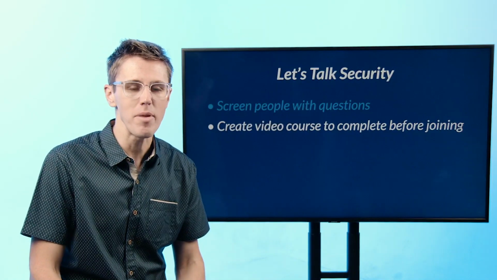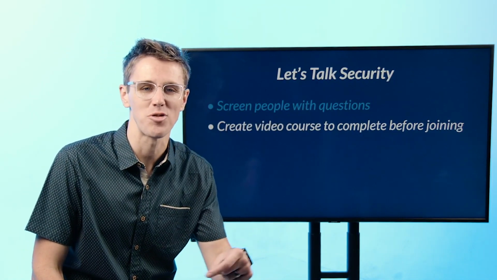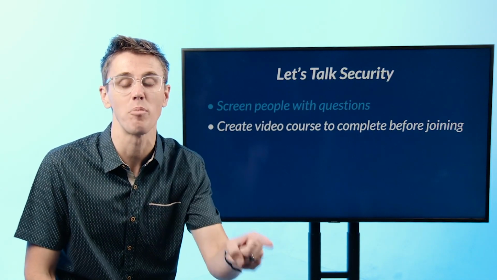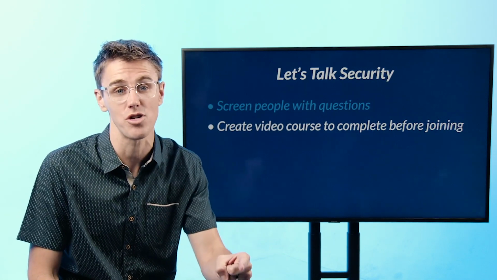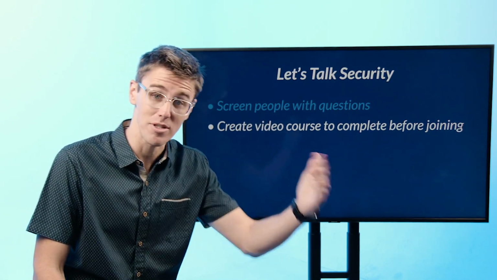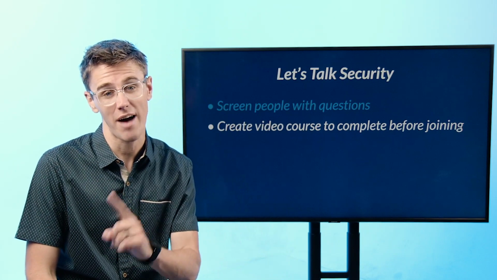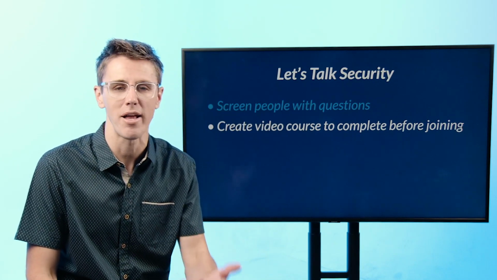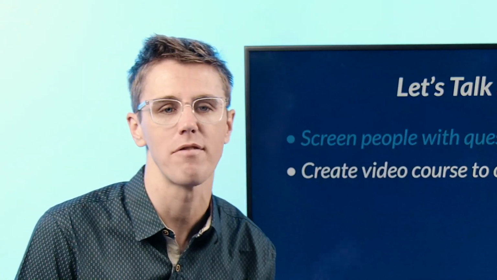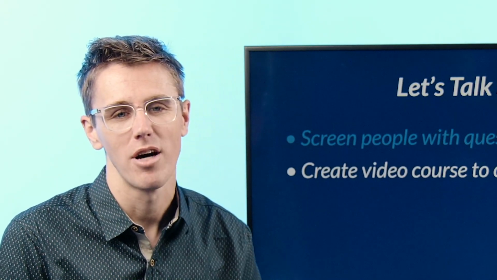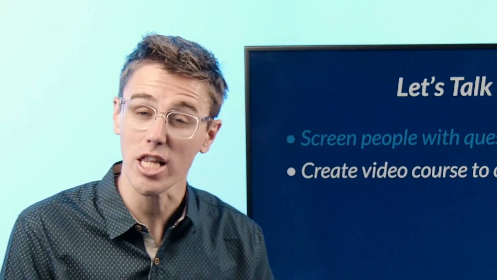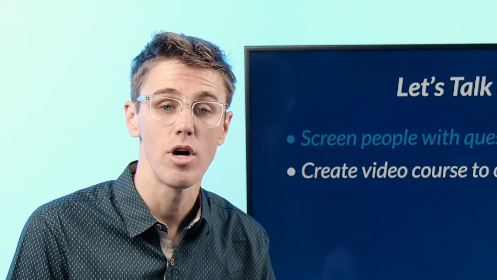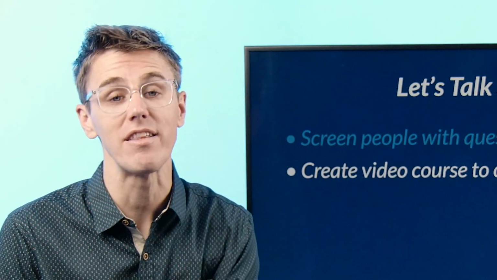Well, maybe there's going to be people that join your online small group strategy to try to point out other people that are breaking the laws within the country. So you want to screen them with some questions, and then you also might want to have them complete a video course. What that might look like is you might shoot a 30-minute, 45-minute video course about what an online small group is, talk a little bit about Jesus, and make it so that people actually have to answer the questions, watch the full video, and then the idea is that they only can join an online group after they've completed the whole video.